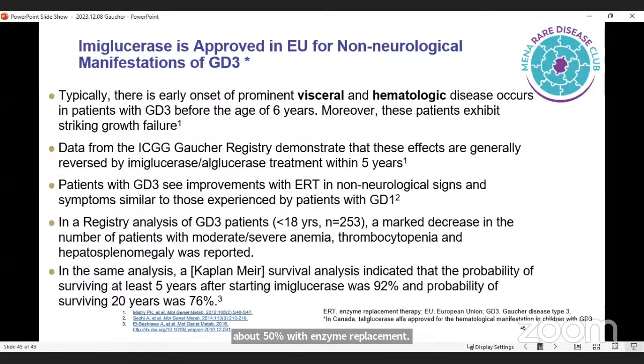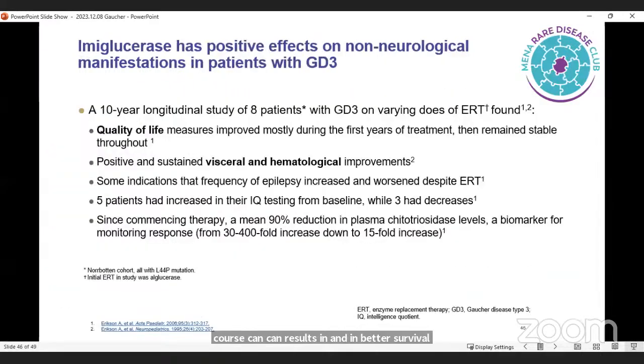Finally, if you remember, we mentioned initially that we have visceral and hematological manifestations in Gaucher disease type 3. And in Europe, enzyme replacement therapy is used for type 3. We know it won't change the neurological outcome, but it will help in the hepatosplenomegaly, helping in blood manifestations. And this, of course, can result in better survival and better quality of life. Like in this study where they studied 8 patients with type 3, they have better quality of life measurements,